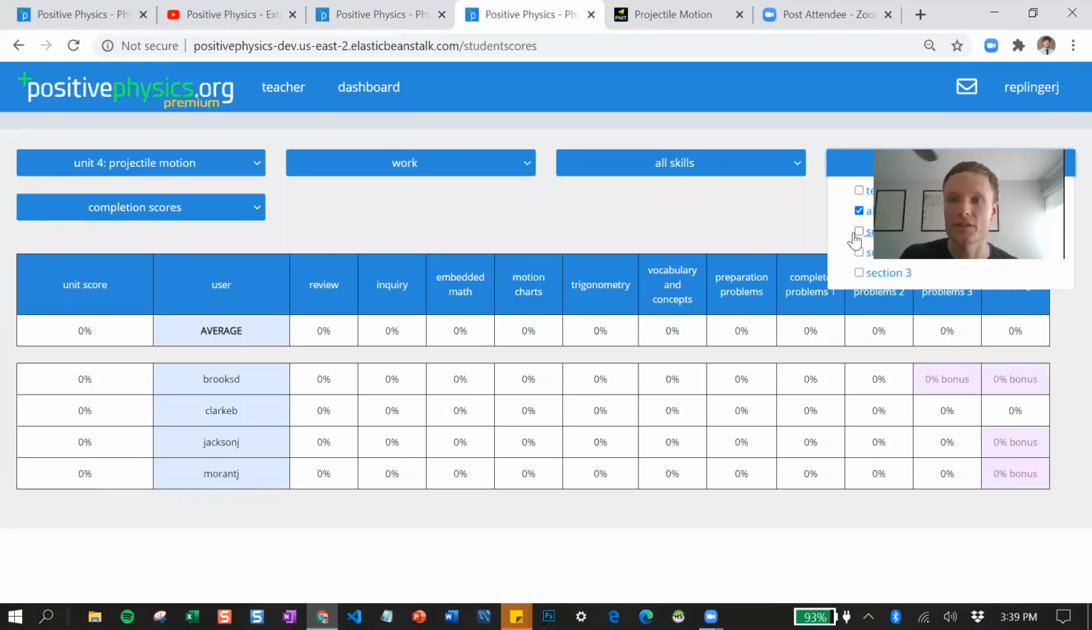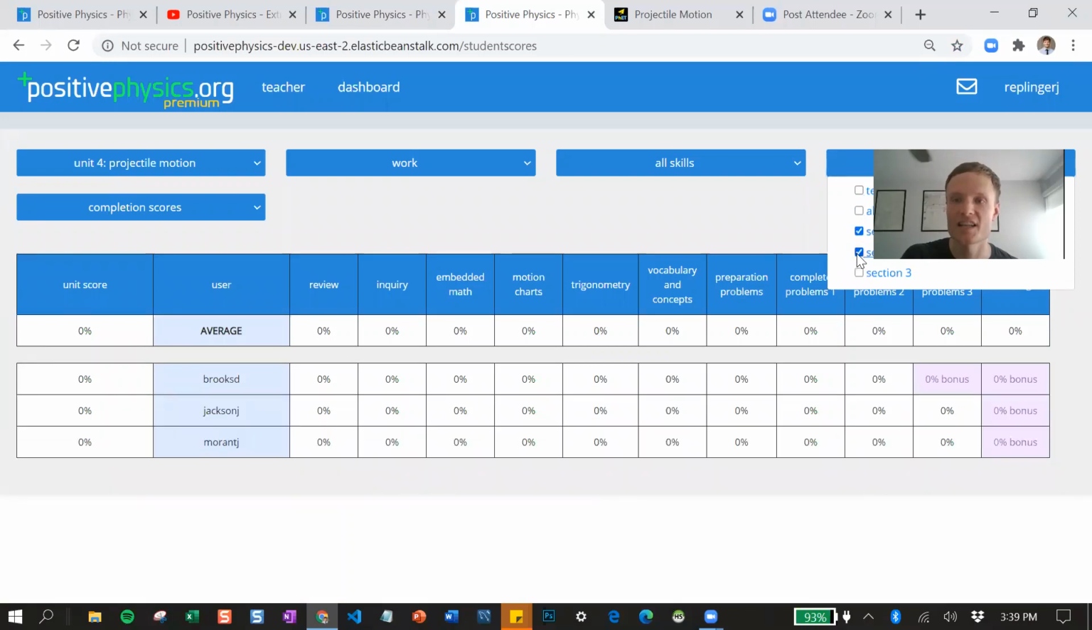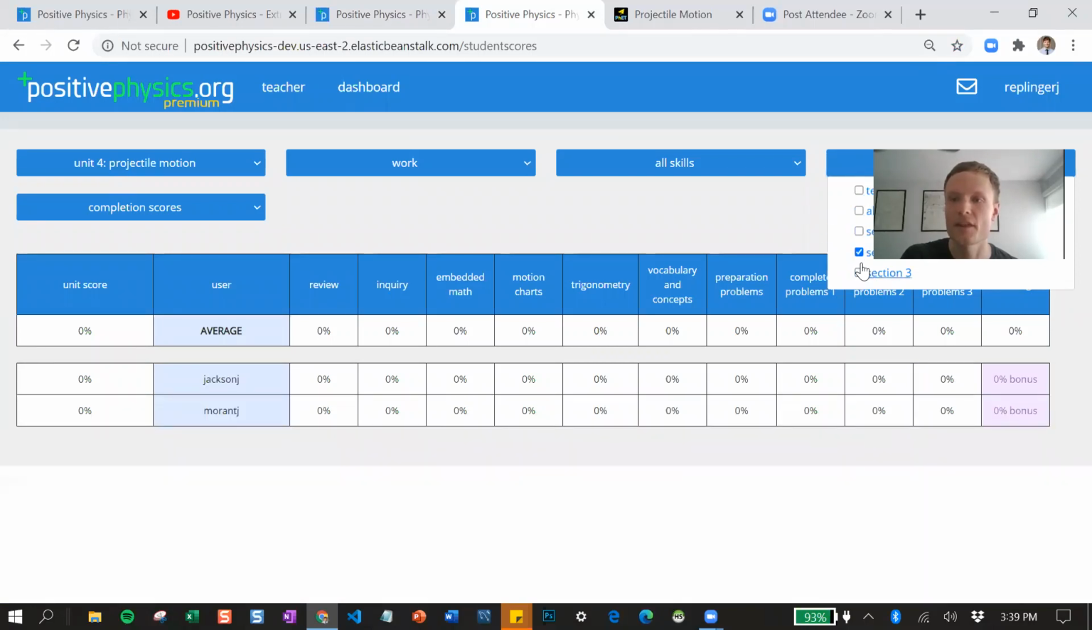Those students were in different sections. If I just look at one section at a time, then those were the same. But if you put students from the same period,